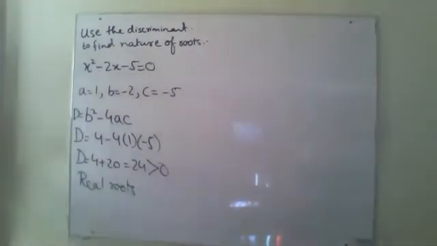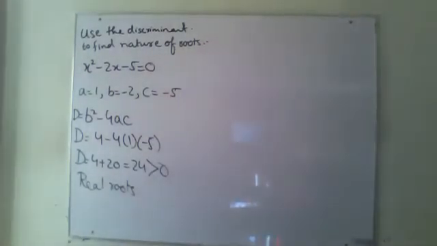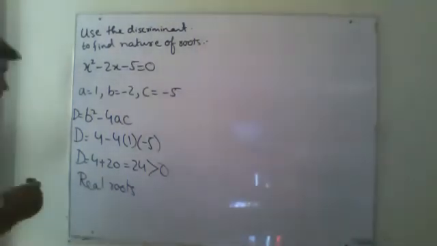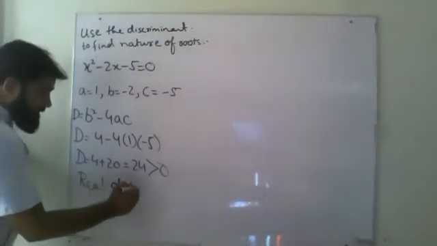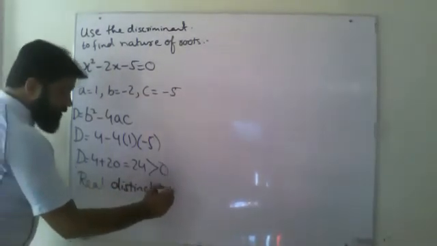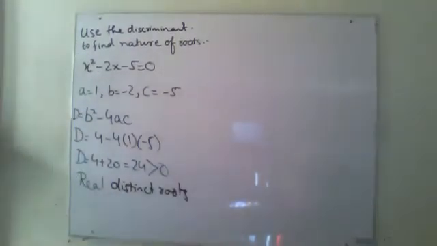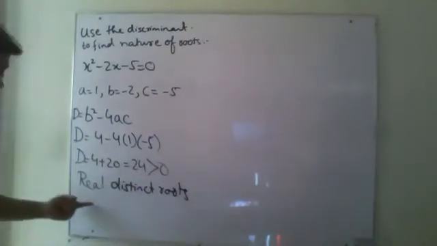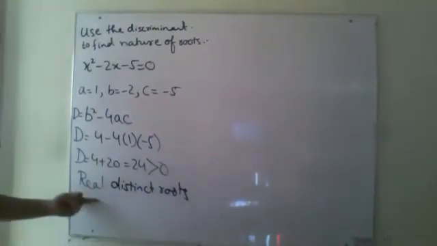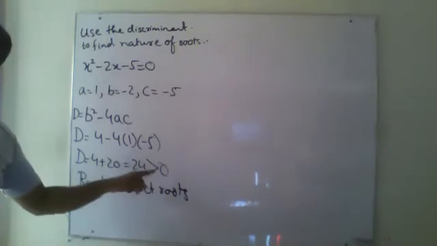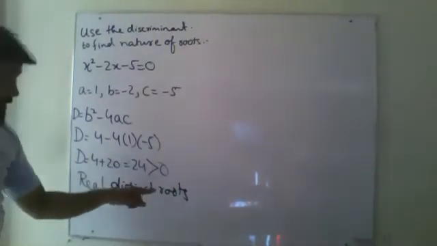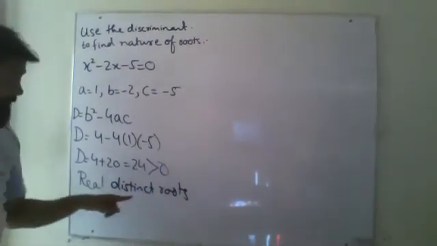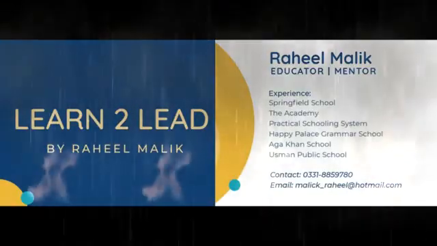Okay, and what kind of real roots? I will have real roots because it is greater than 0. And as it is greater than 0, I will say it will be real distinct roots. Two different types of roots will be there. Okay, because it is greater than 0, then they are saying real distinct root. If it will be equals to 0, then I would say real equal roots. The word roots I will use, but it will be equal one.